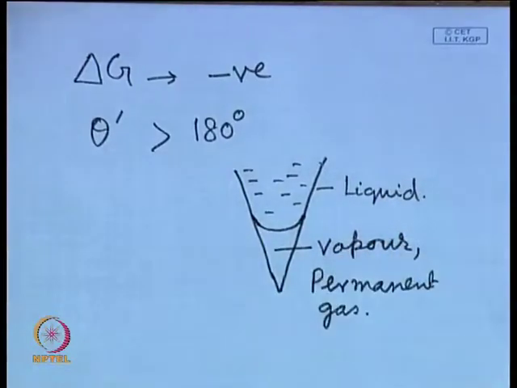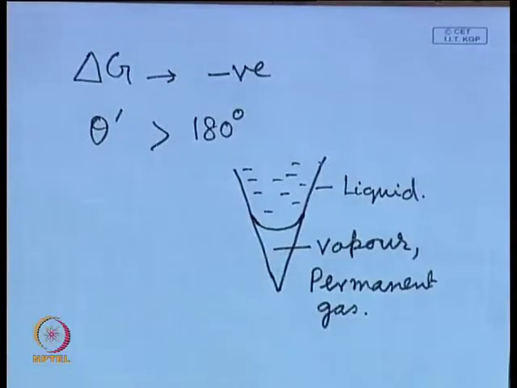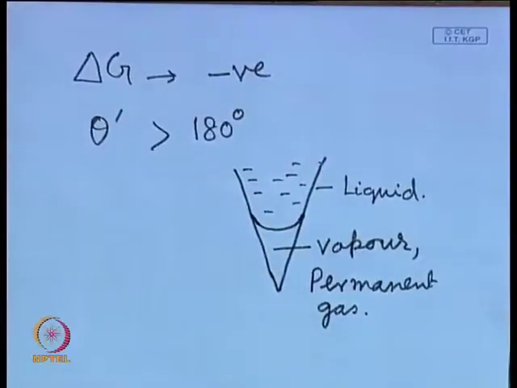So, it also means the liquid pressure is more than the pressure of the permanent gas or the mixture of vapor and permanent gas. So, physical meaning one can get, but really will there be any evaporation if there is theta dash greater than 180 degrees? That we have to see,